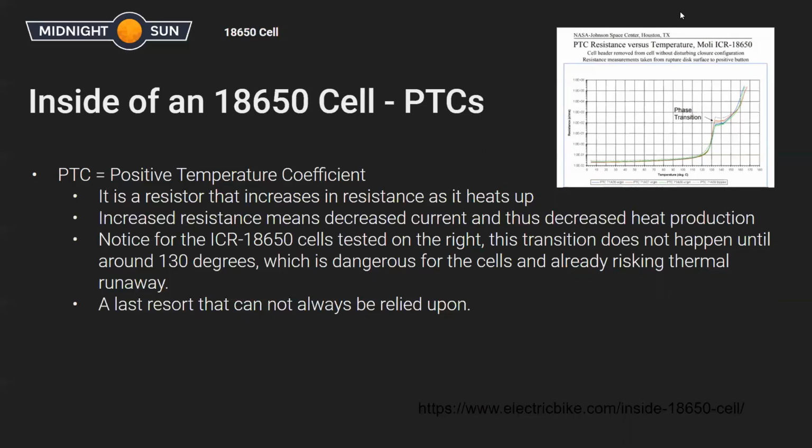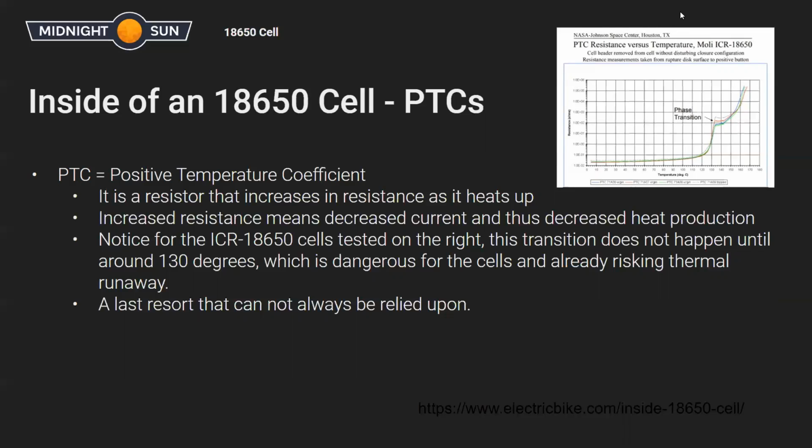Basically, as the temperature of the battery increases, the resistance will increase. And because the resistance increases, the current decreases. And since the current decreases, then you get less heat production. So the battery will stop heating up. That's the idea. In the diagram here, you can see that the phase transition happens over 100 degrees Celsius, around